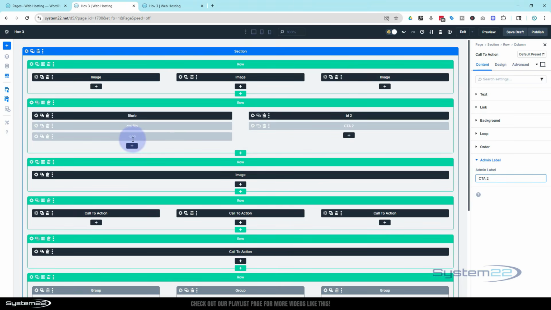Now you may notice I've got an icon on this one. I haven't put one on this one. It's because we need something to close down the call to action. It's all very well flipping from the blurb to the call to action. If they click on the button, it'll take them somewhere. But if they don't want to click on the button, they want to be able to close it and perhaps go back to the blurb. So that's where the icon comes in. So if I flip back here,